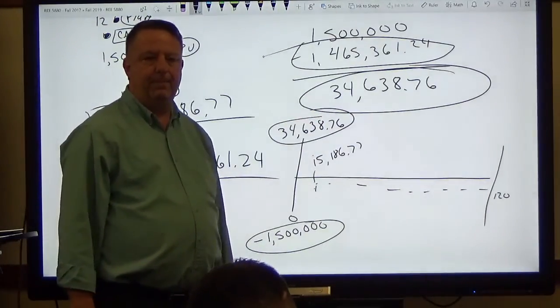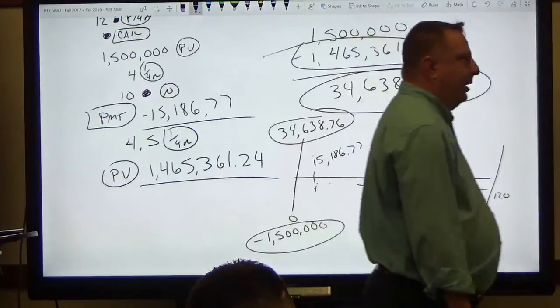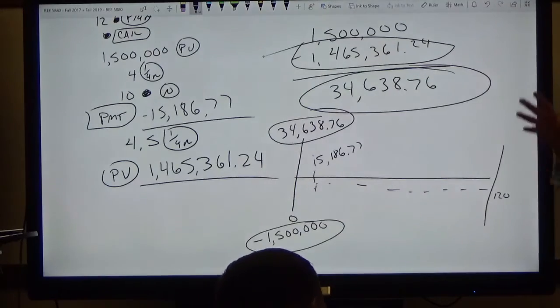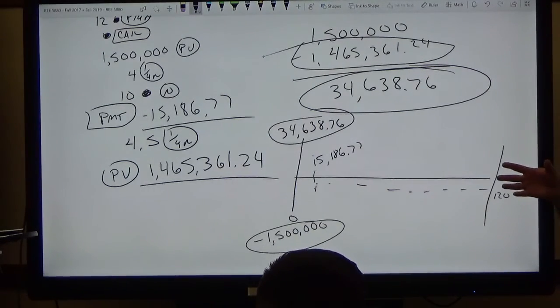So you're paying that out of pocket? No, that's rolled into the loan. This is why lenders make so much money. On your closing statement, that's not in closing costs. What will happen is,